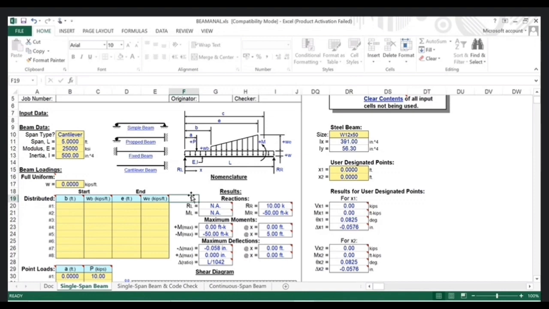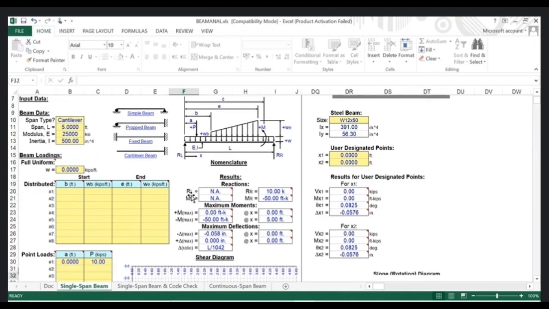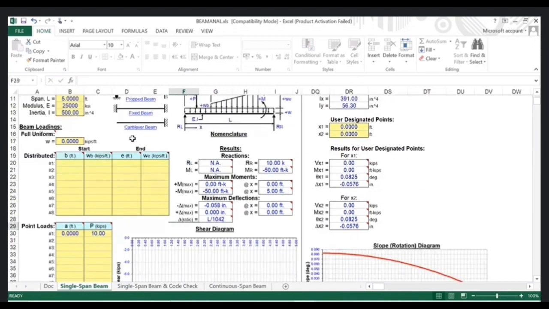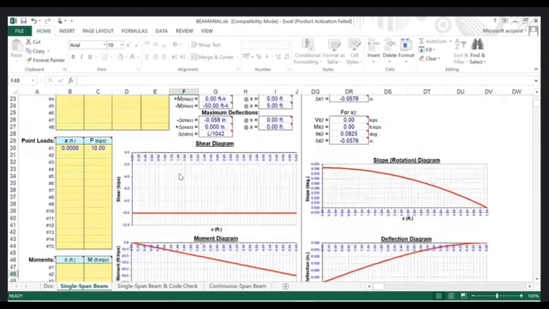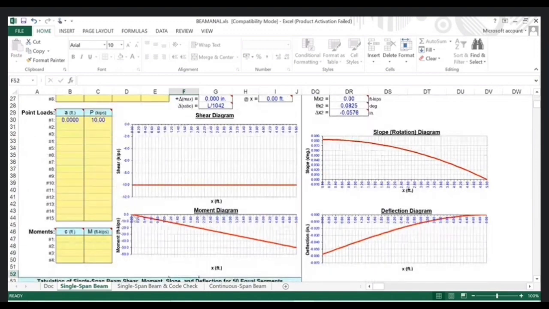So all over the diagram of this cantilever beam we get the negative portion only. So we can see here the shear force value will be a straight line of minus 10 kilonewton load, and here is the negative value of the bending moment, that is 0 to minus 50. You can see here in the shear force diagram and the bending moment diagram. Here you can see the slope profile and the deflection profile.